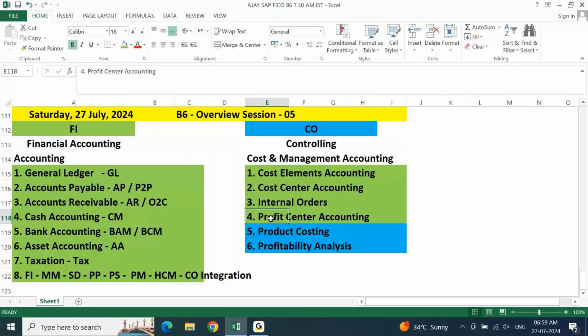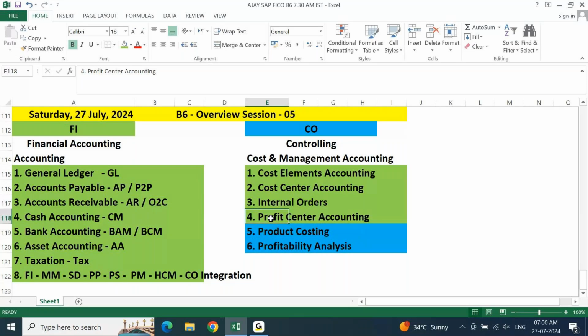As an FI consultant, you must be aware of all these 4 areas. That is where you are representing yourself as a FICO consultant. FI, these are the areas that you can handle. CO, these are the 4 areas that you can handle. Now, when you call yourself a CO consultant, there is a dedicated CO consultant in the market. When somebody says I am a CO consultant, an exclusive CO specialist, then they are telling we are more focused on product costing, product analysis, profitability analysis. In short, COPA.